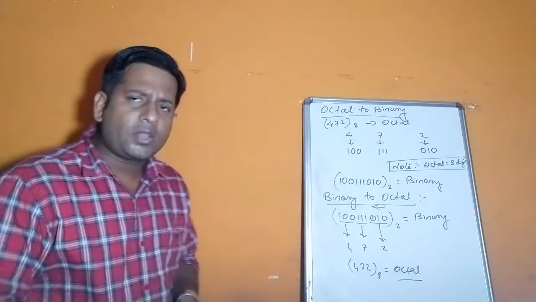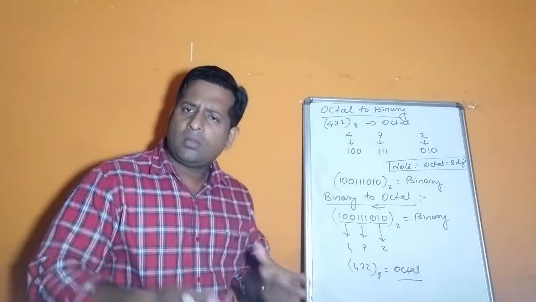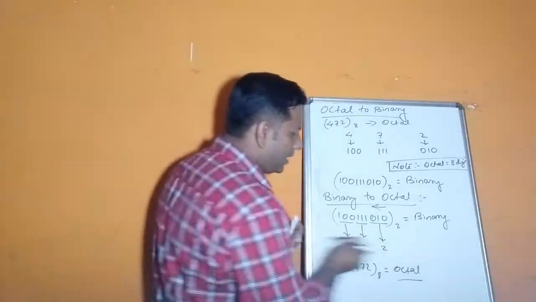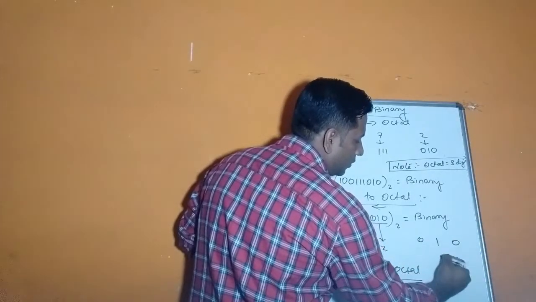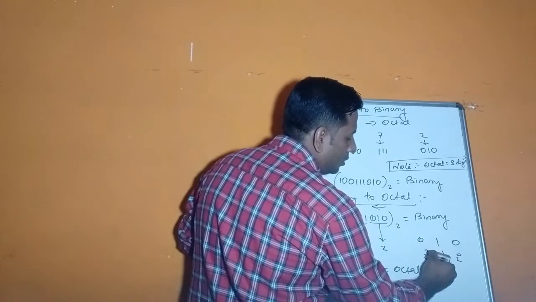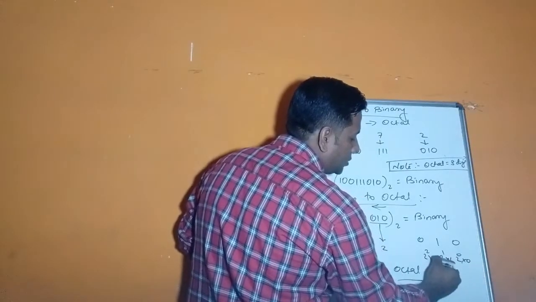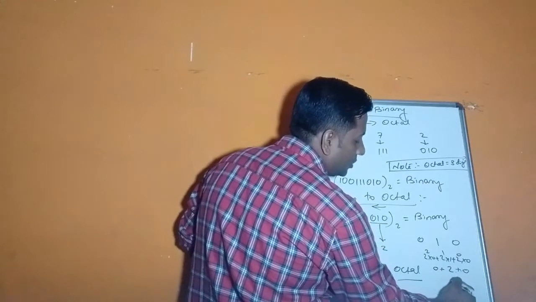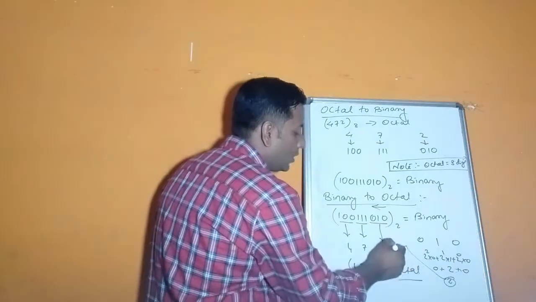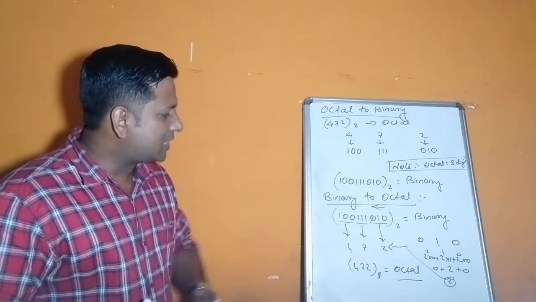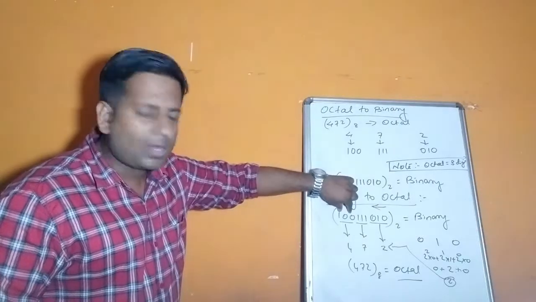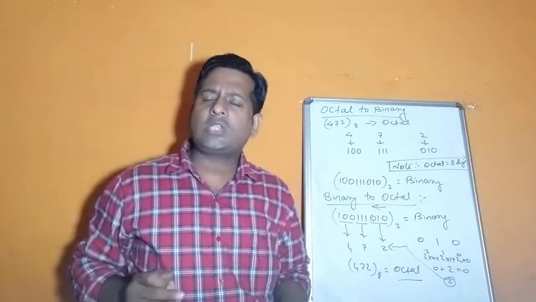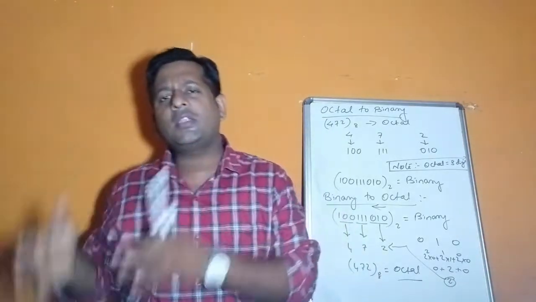Now you might be wondering how this 2 came, how this 7, how 4. Just now we learned how a binary number can be converted into decimal form. One example I am showing you, 0 1 0. You have to take 2, then you have to multiply. Remember this technique, plus this is 0, this is 2, this is 0. So see, finally you get the answer which I have written here. In the same way, 111 and 100 are converted to 7 and 4. So children, this is how any octal number can be converted to binary, and binary to octal.